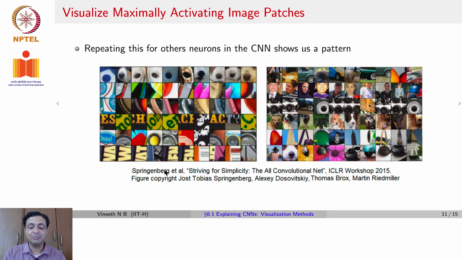Here are further examples of the same idea, where you take different neurons in a CNN and try to see which images or patches of images fired that neuron the most. Once again, you see a fairly consistent trend here, that there are some of them that seem to fire for, I think this is an eye of an animal. There is again some text in images. There is vertical text in images. There are faces. There are dog faces again, and so on and so forth.